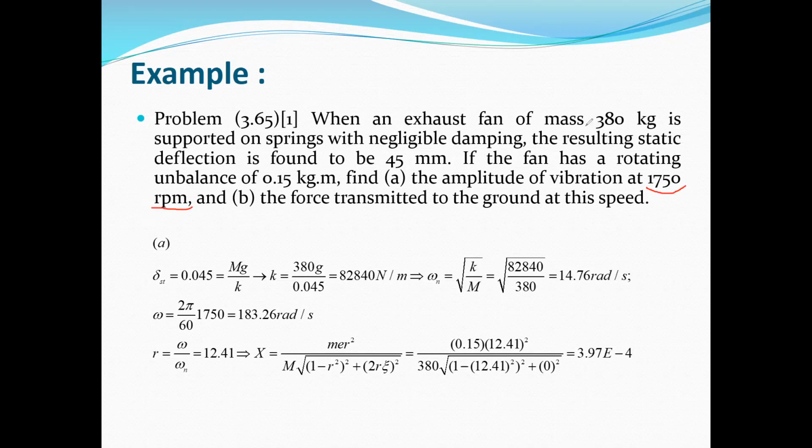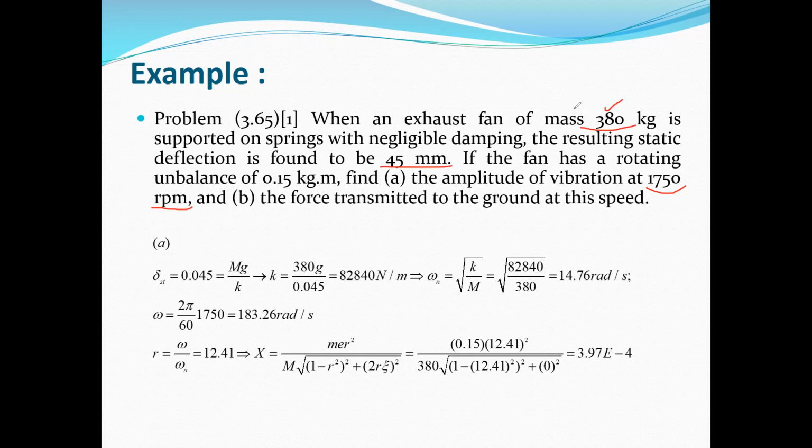Here we have the mass of the system, and the static deflection is 45 millimeter, and we have also the mass, so we can calculate the stiffness because the static deflection is due to the weight of the system, which is 380 times g, the gravity